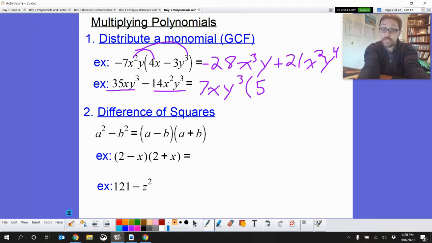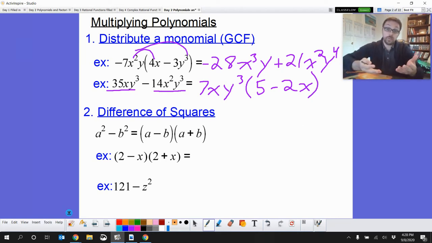So we end up with, let's see, 35 divided by 7. X divided by x is just 1, so it's gone. Y cubed divided by y cubed is 1, so it's gone. 14 divided by 7, that's -2. X squared divided by x, that's an x. And the final y cubed divided by y cubed is 1. So really it's nothing, so we just leave it alone. You can double check that by distributing the 7xy cubed back into the parentheses, and you should get back with